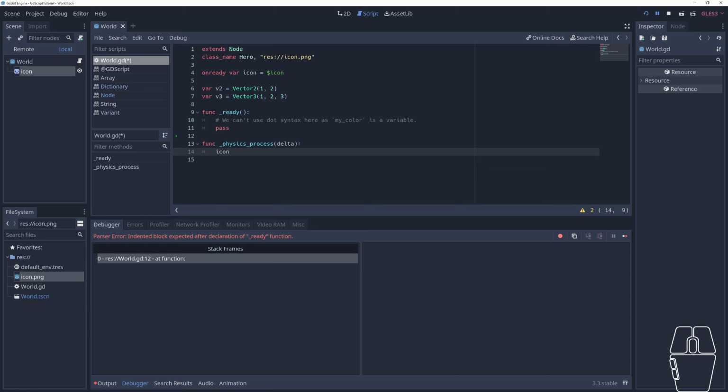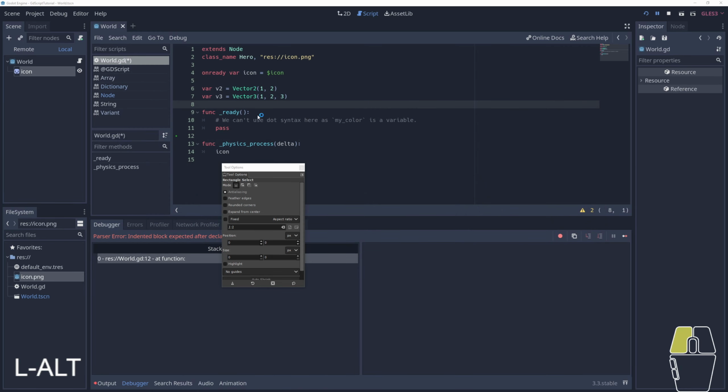So I want to move the icon right now, and I'm going to use this as a vector2. Vector2 is basically a two-dimensional vector, right? It has an x and a y dimension, right? If I am in GIMP, for instance,